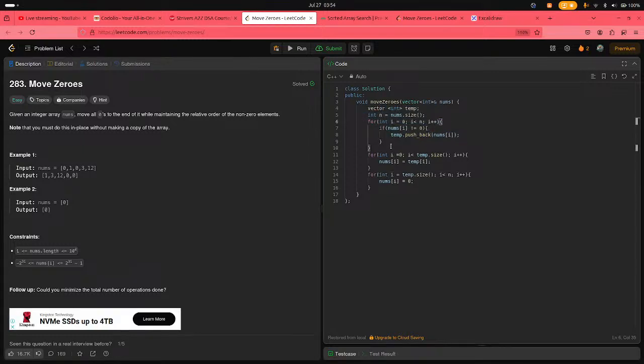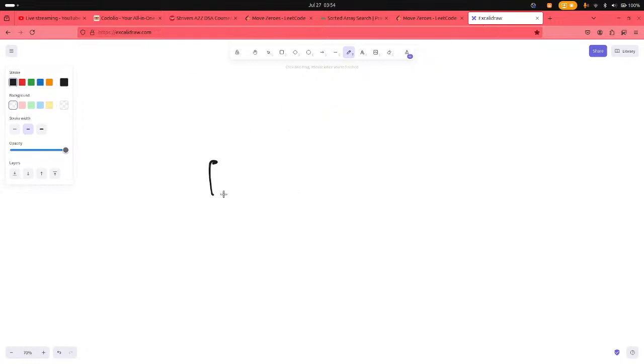So just understand what is going on here. The first loop goes from 0 to n, so for sure the complexity is big O of n. Awesome. The second loop goes up to the temp size. Now some of you will say, let's say the temp size will be 1 2 3 4 5, there is no 0. Yes, that is the worst case, but in the average case, let's say 1 2 0